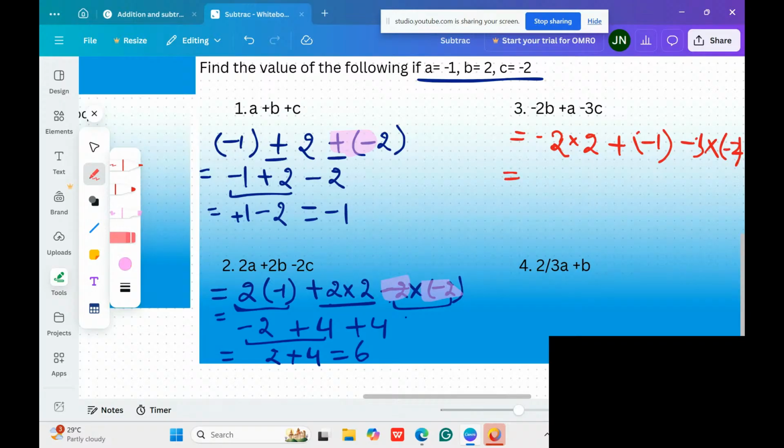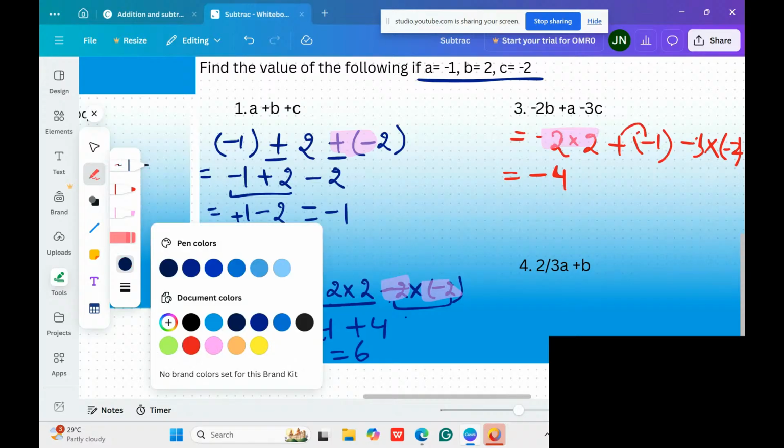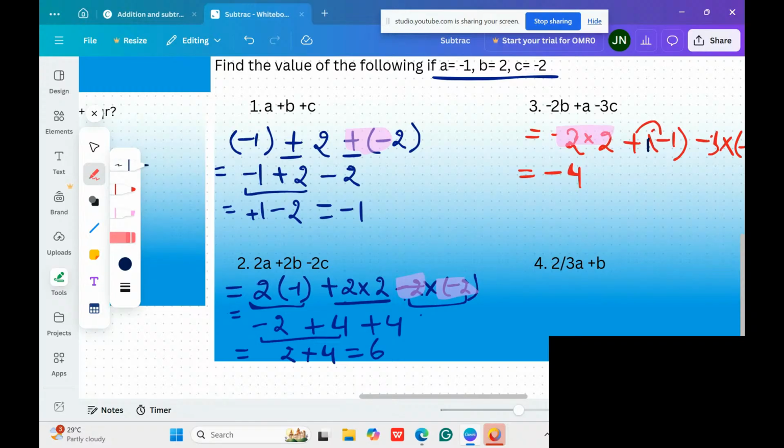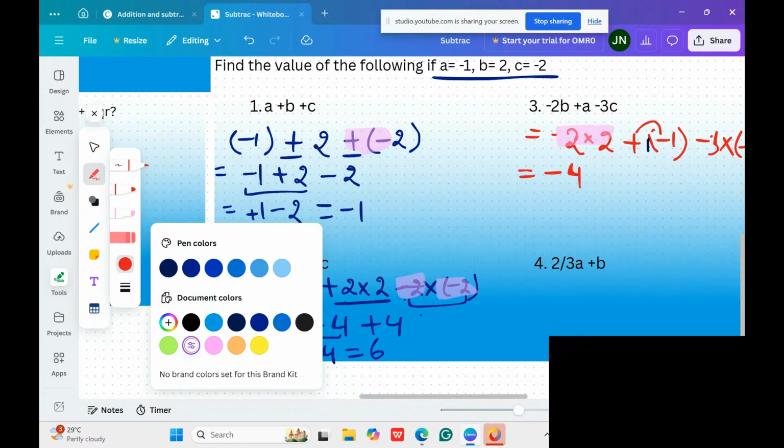Now solve one by one. So we'll solve this part first. Carefully check the signs and multiply the signs first. So one is negative, the other is positive, so we'll have negative. 2 2s are 4. Now plus into minus. Remember when there is nothing, we assume that there is 1 before the bracket. So positive into negative will get you a negative number. So we will write it as minus 1